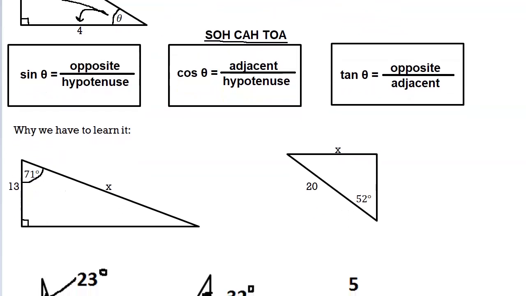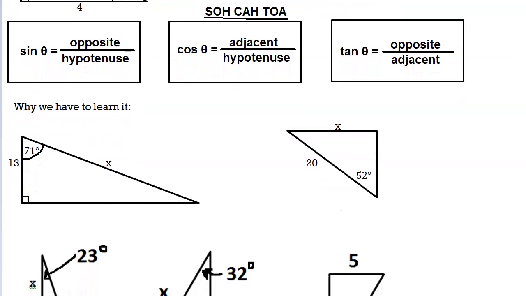In fact, that's how we are going to do things in these examples. So, in our first example, by the way, one of the things that I like to do is make a prediction, because I want to know that my answer actually makes sense. Okay, so when I look at x in this first example, it is the hypotenuse. It is big. It is way bigger than 13. My prediction is going to be, let's say,